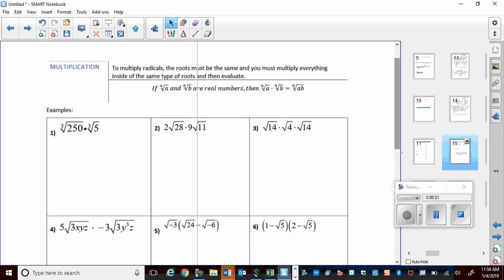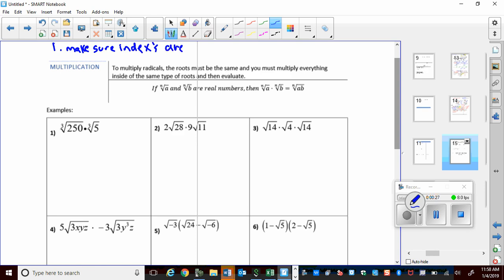Let's get started with multiplying radicals. When you're multiplying radicals, to simplify, we're going to follow a couple of rules. The first rule: make sure the indexes are the same. So those roots outside need to be the same. All right, the second thing, if they are,